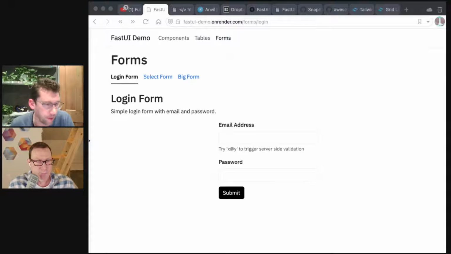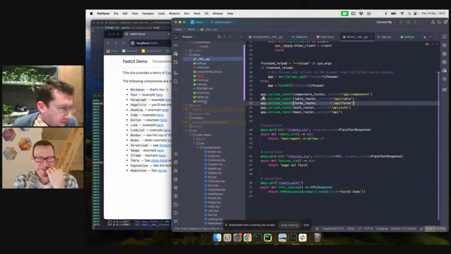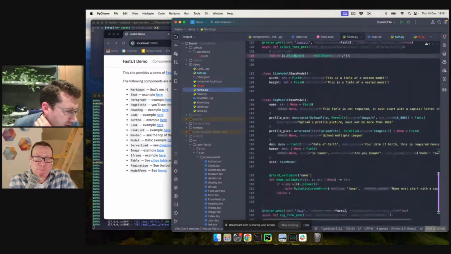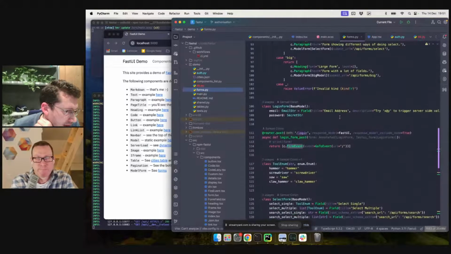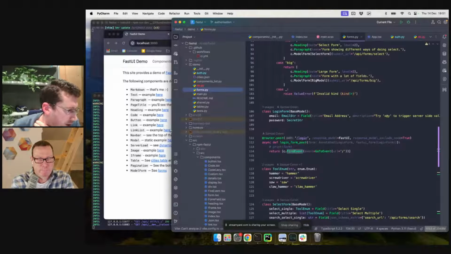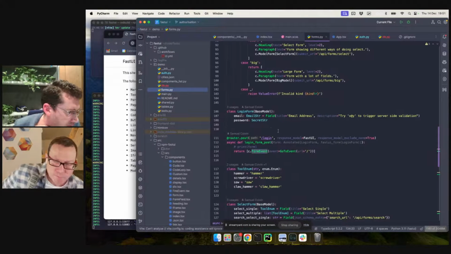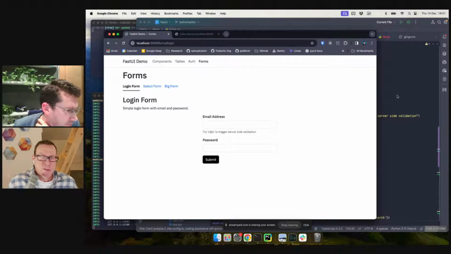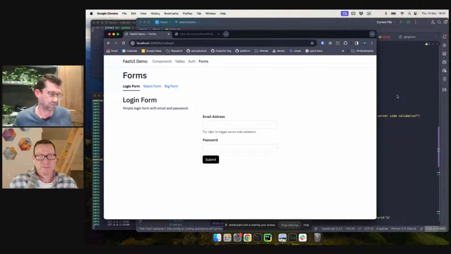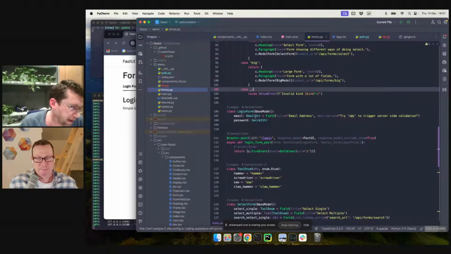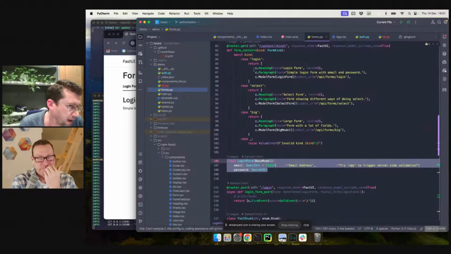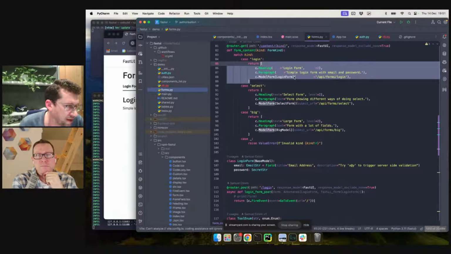It's probably easiest if you share my screen. I'll do it from here, because the forms are pretty boring behind the scenes. It's probably most interesting if we look at how the form is implemented in the code first, and then we look at what that means for the UI. So this is the login form that Michael, you were just showing here, which is a login form with an email address, password, some validation. That's powered entirely by, again, a completely vanilla Pydantic model. And the way that we return that is we return three things.